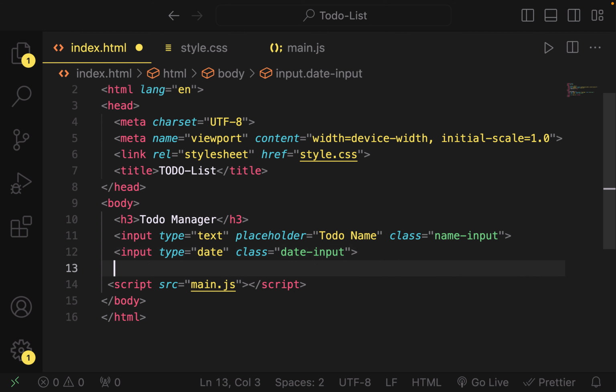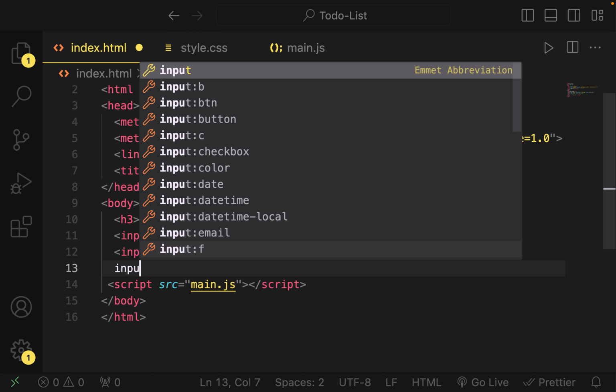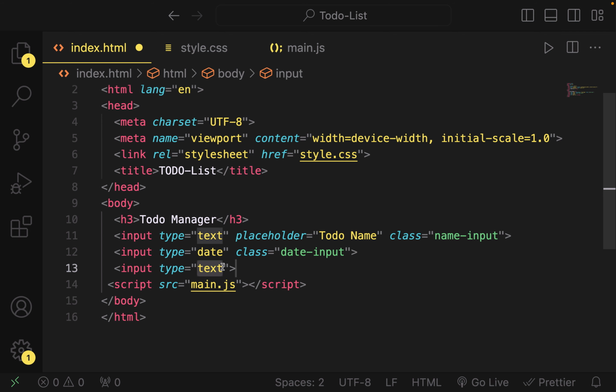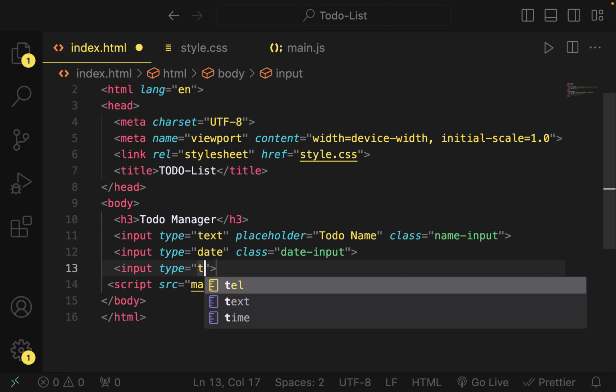Okay, so let's get the last input field. This time around we need time, not text. There's something called date time in JavaScript. In HTML there's something called date time. Let me show you what I'm talking about. This